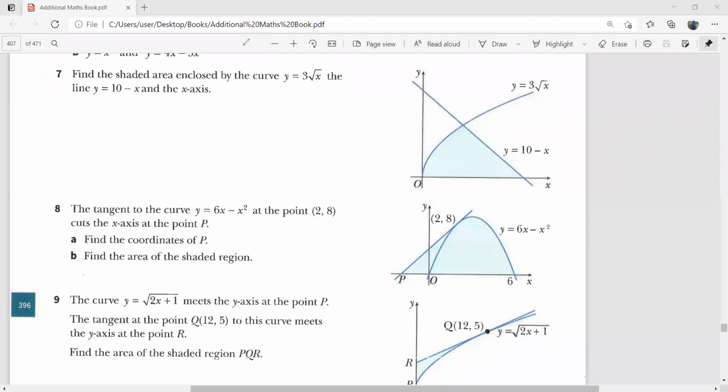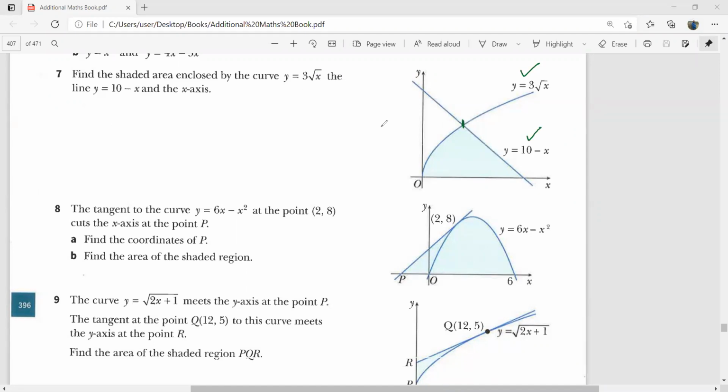Now this seventh question is a bit tricky, and this will also let you learn something: when you have a combination of different curves, how to determine this area. You remember there are two curves over here, and there's no common area between these two curves. In fact, you need to determine up to where you will be using this curve and from where you will be using that curve. For that purpose, you need the point of intersection over here.